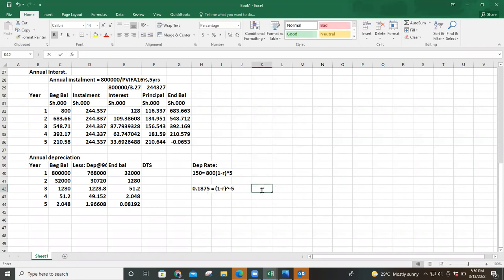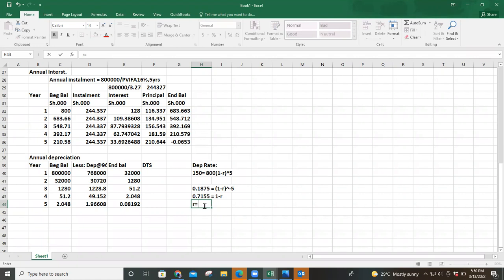Therefore, we get the fifth root of 0.1875, so you're having 0.7155 equals 1 minus r. So therefore, r equals